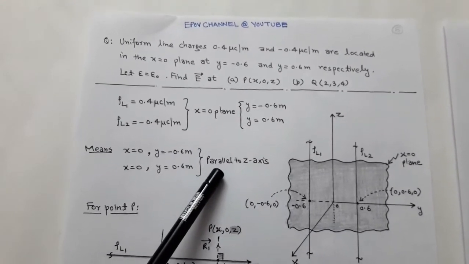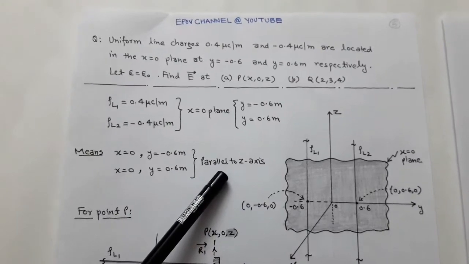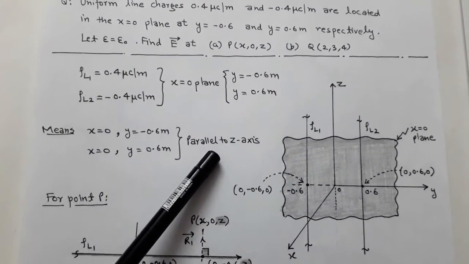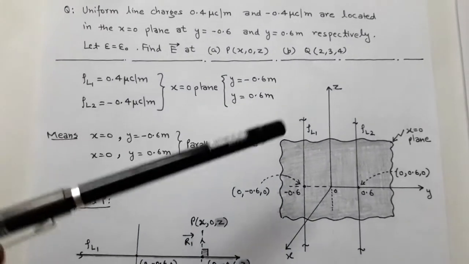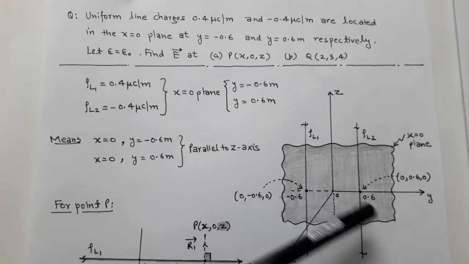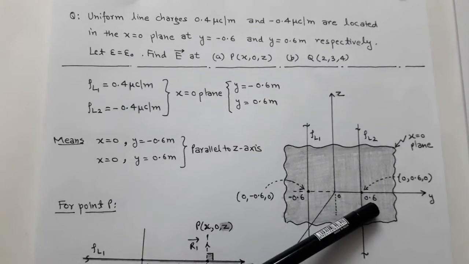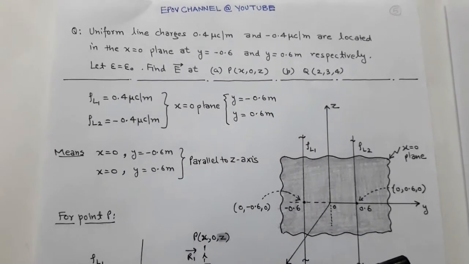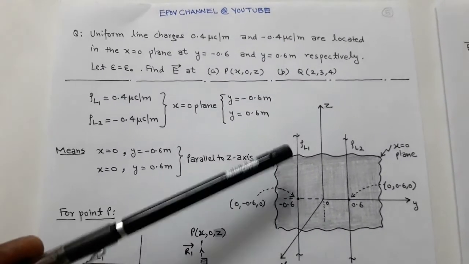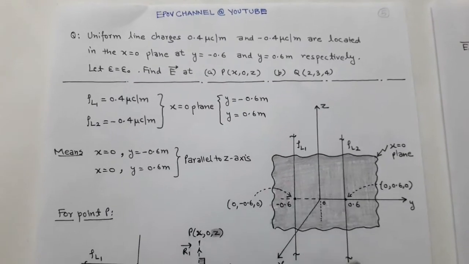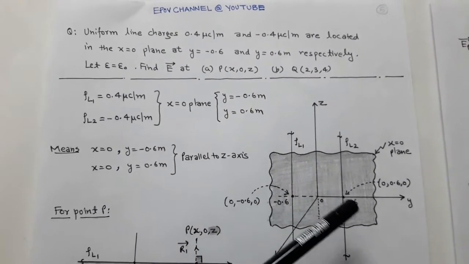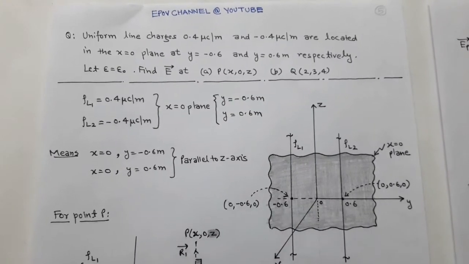So here we consider line charges that are parallel to z-axis and passing through the points y equals to minus 0.6 and y equals to 0.6. So we draw two parallel line charges